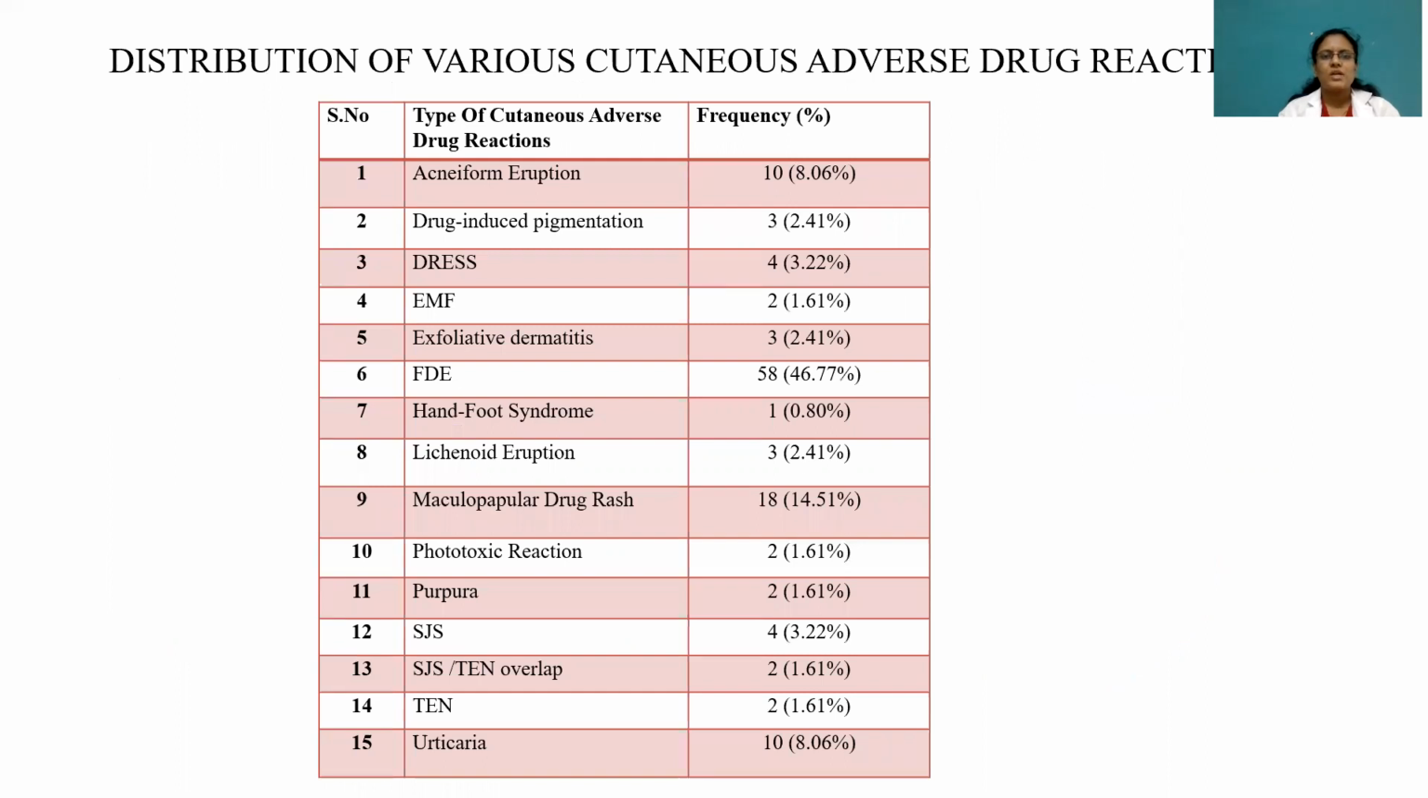Distribution of the various cutaneous adverse drug reactions. Most of the reactions were in the form of fixed drug eruption, forming 46%, followed by maculopapular drug rash, which formed 14%, followed by acneiform eruptions and urticaria, each of which formed 8%. The incidence of acneiform eruptions has significantly risen due to the use of steroids for COVID in recent times. Other forms of cutaneous adverse drug reactions are drug-induced pigmentation, drug reaction with eosinophilia and systemic symptoms,